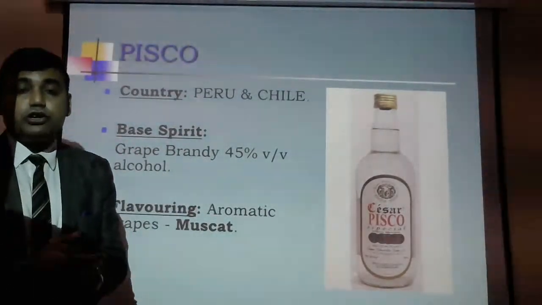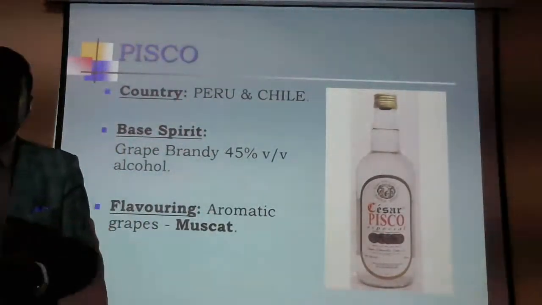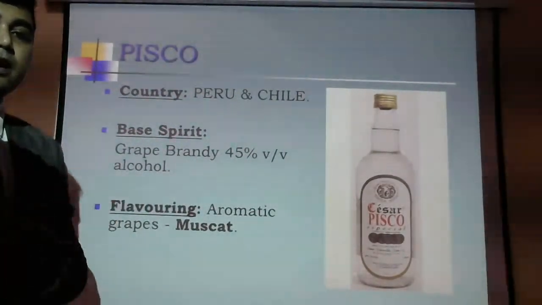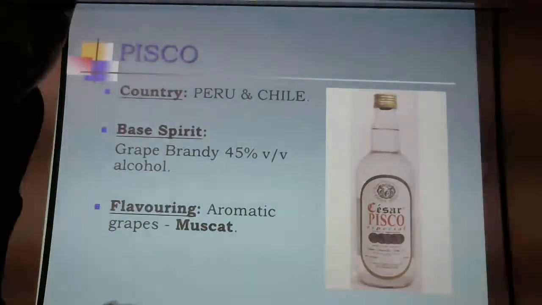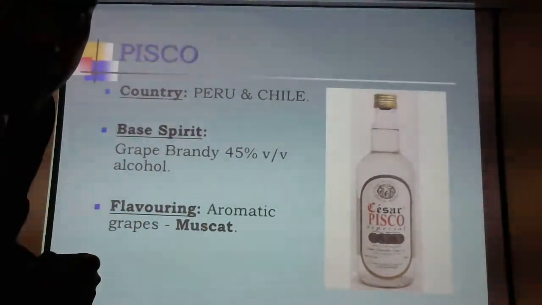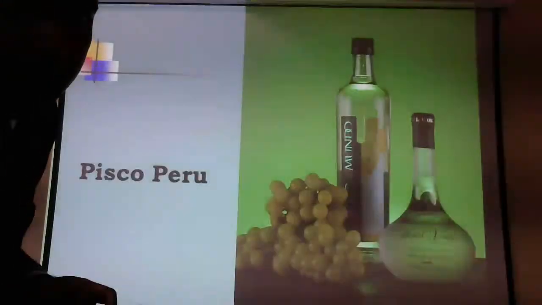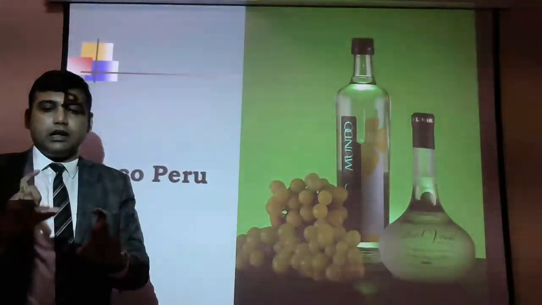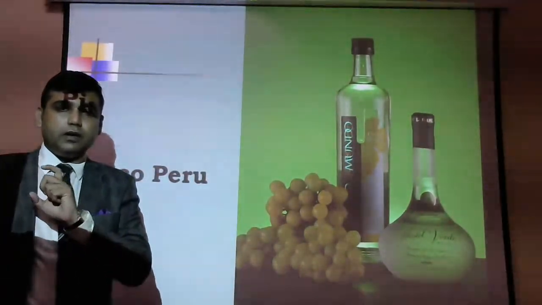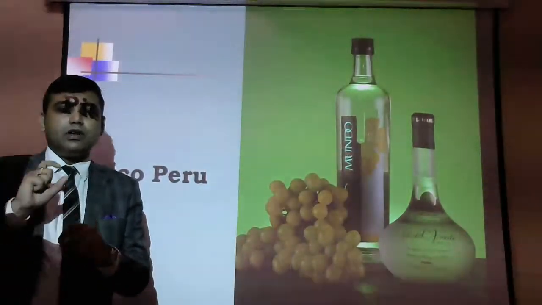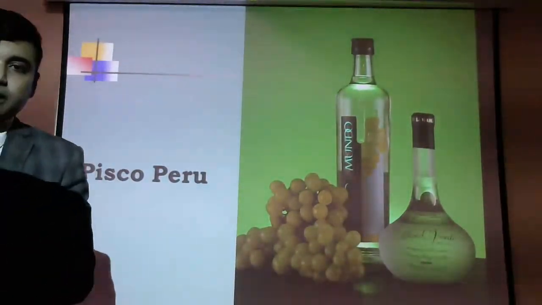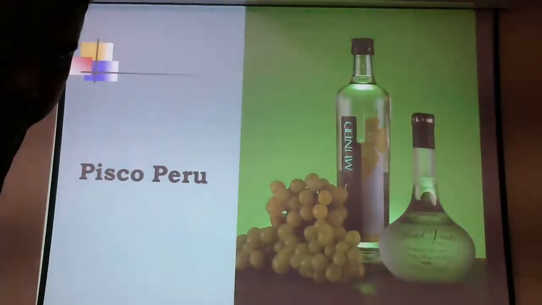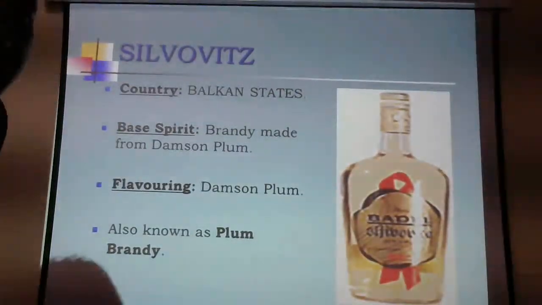Muscat, Ugni Blanc, Folle Blanche. Muscat is an aromatic grape which they normally use, as well as Ugni Blanc and Folle Blanche. So these are the grape varieties used for producing this Pisco spirit from Peru and Chile, and it is always enjoyed during the festival time. They serve this drink as a God's drink, and during festivals, during Christmas, Thanksgiving, and Easter, they use a shot of this Pisco, share it, and raise a toast. Okay, so that is Pisco from Peru.